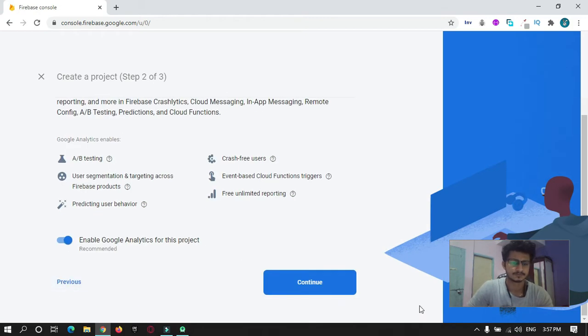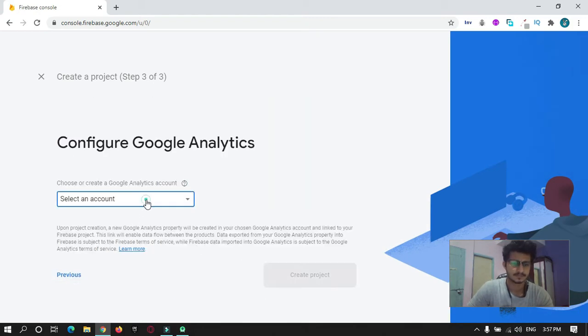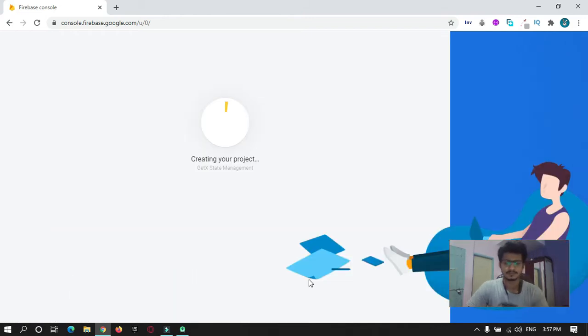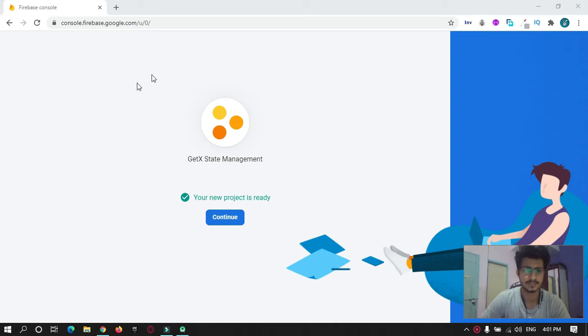Continue. Done. And create a new project. It is creating a new project for you. A Flutter project has been made ready in the Firebase console.